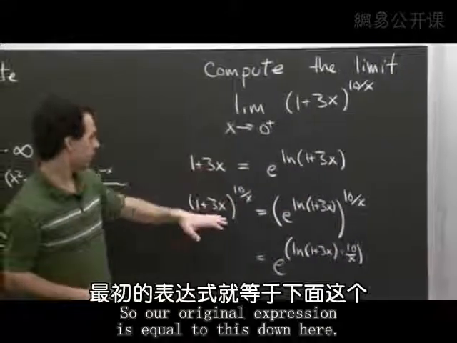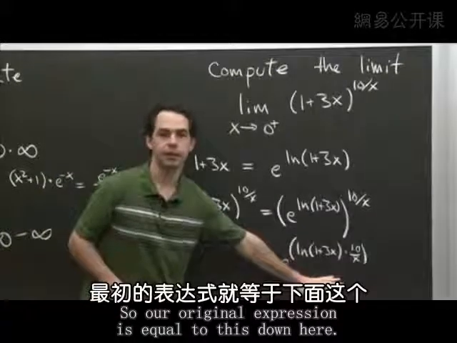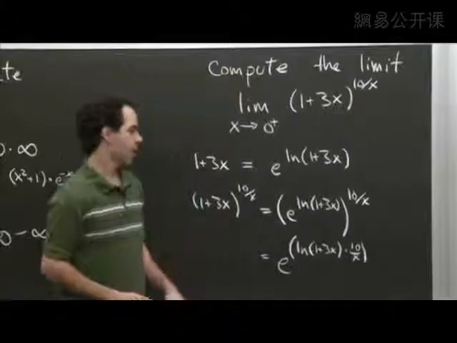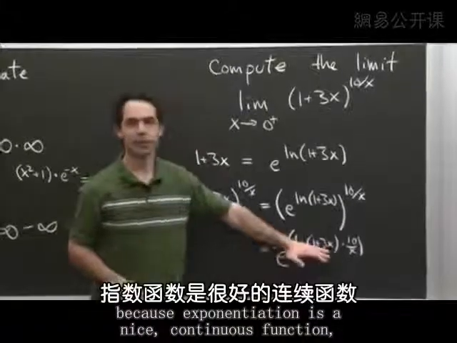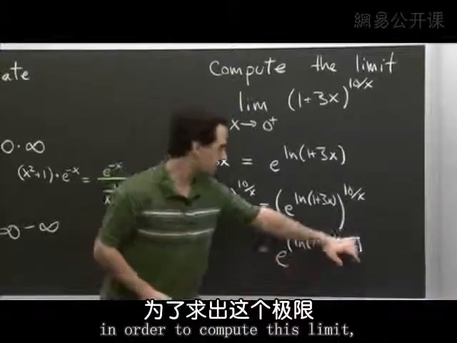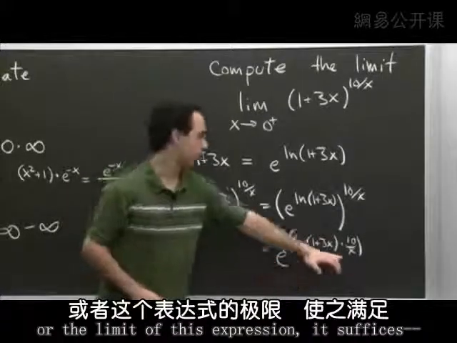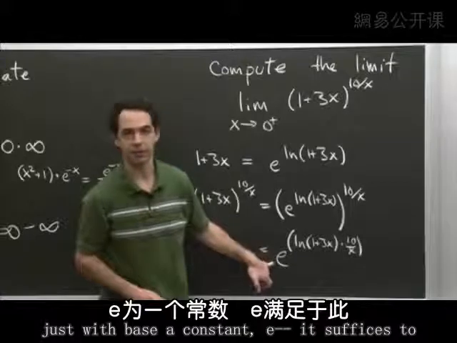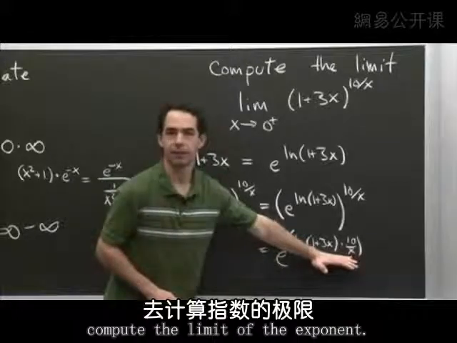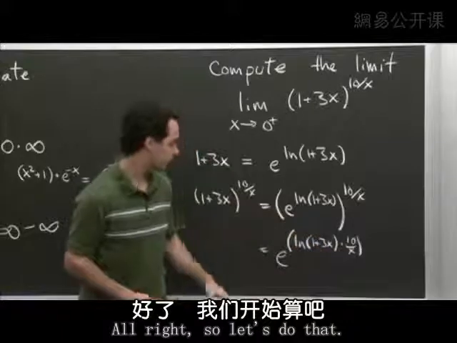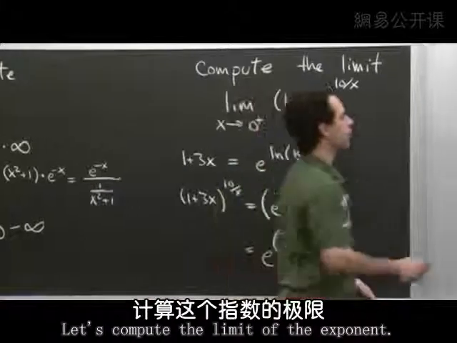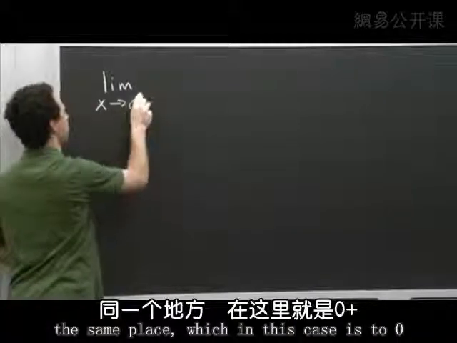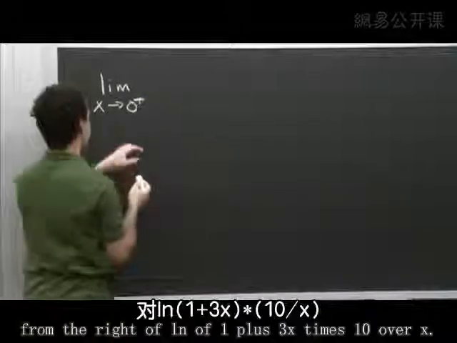So our original expression is equal to this one, which means the limit of our original expression is equal to the limit of this one. The other thing to notice is that because exponentiation is a nice continuous function with base a constant, e, it suffices to compute the limit of the exponent. All right, so let's do that. Let's compute the limit of the exponent. It has to be the same x going to the same place, which in this case is to 0 from the right, of